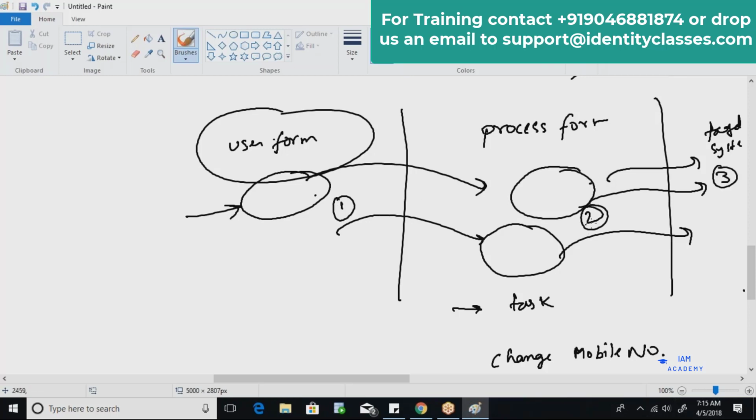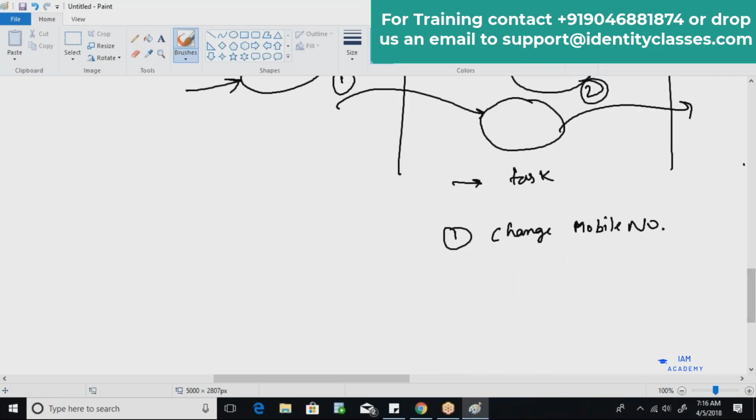If I mark it as 1, 2, 3, then the first task is responsible for moving the data from 1 to 2, and the second one is responsible for moving the data from the process form to the target system, that is from 2 to 3.